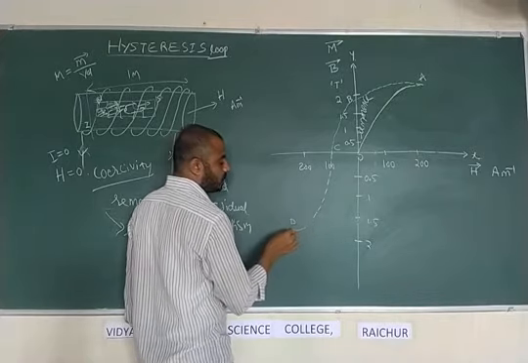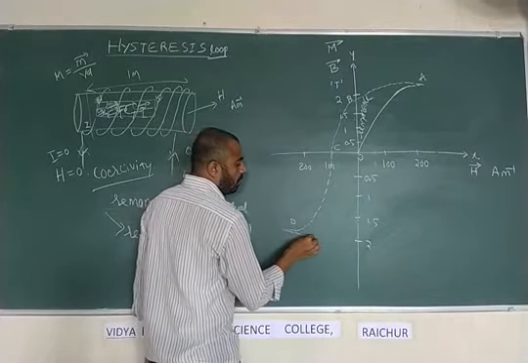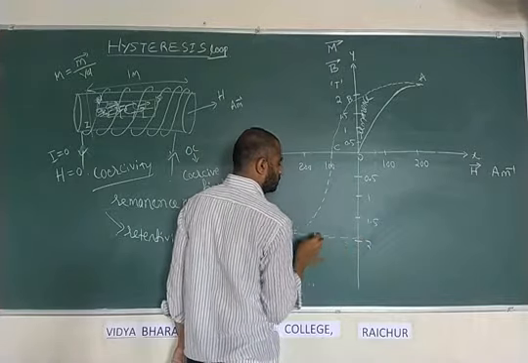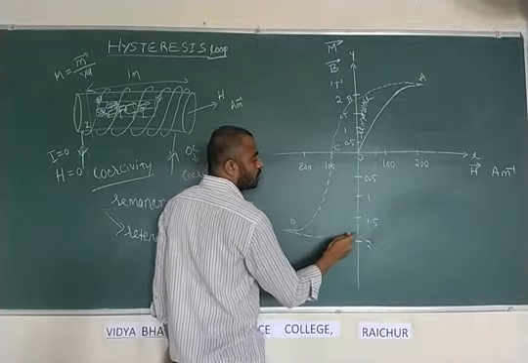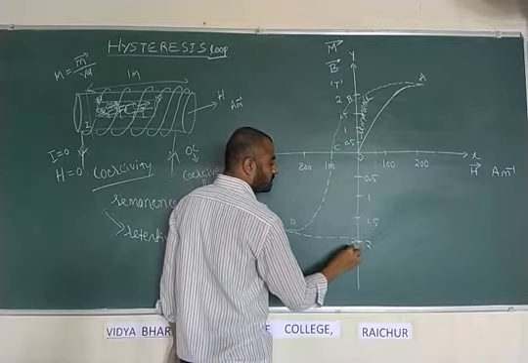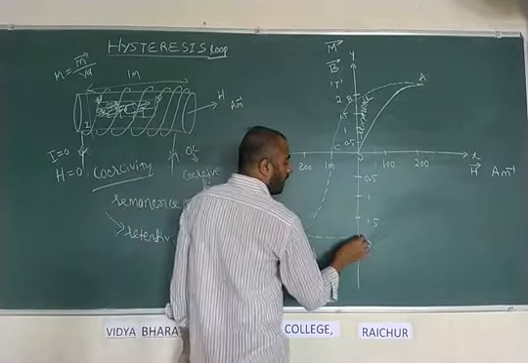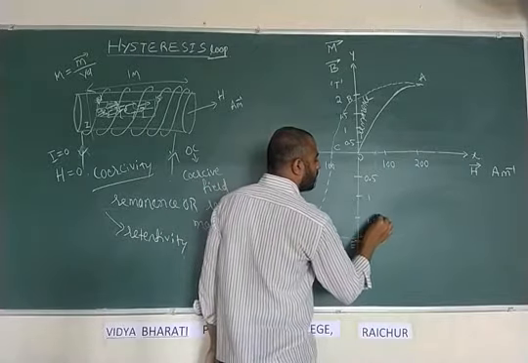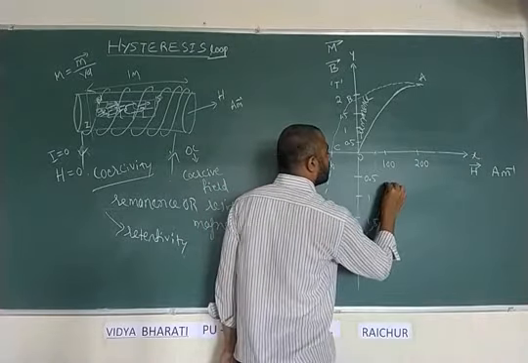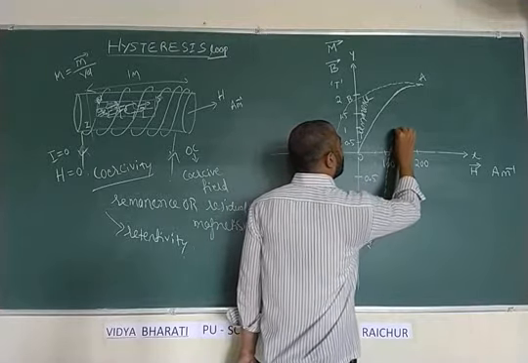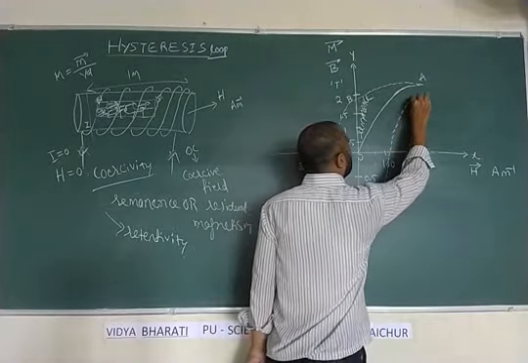Now what I do, again I start decreasing the current or H value. It traces its own path. Again B value goes on decrease in this region D to E, and I am decreasing. If you complete this process of decreasing H value and increasing H value, one complete magnetization.